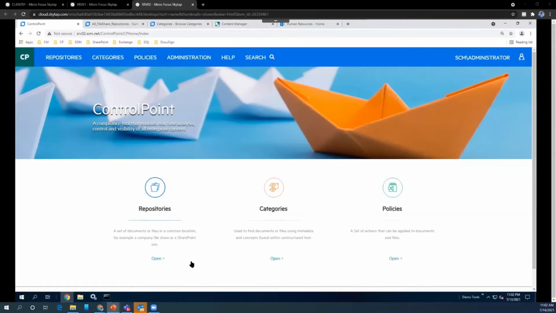Okay, thank you. So as I mentioned, the first demo is about the discovery of sensitive data. Control Point is our front end solution which connects with your different data repositories, whether it be your file systems or SharePoint or different data management or storage solutions, whether in social media or in the cloud.